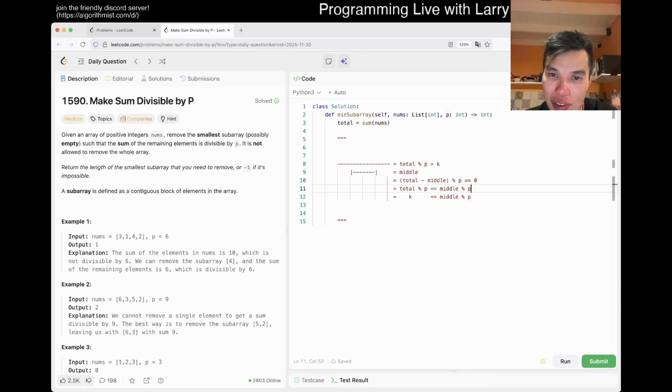So then we just have to find the smallest subarray in which the inside is going to be k mod p is equal to k, right? And that's basically the idea here. And the other way to write this is that 0 is equal to middle minus k mod p. And the reason why this is important is because now when you do prefix sum, you can look up